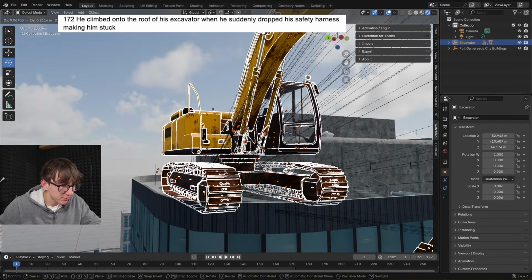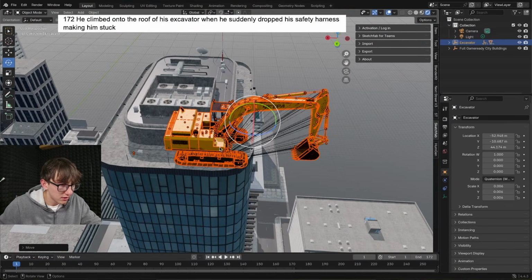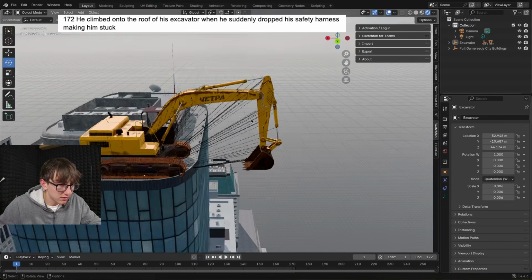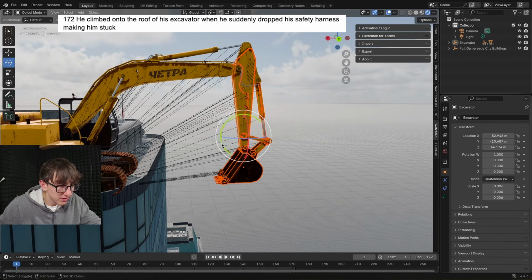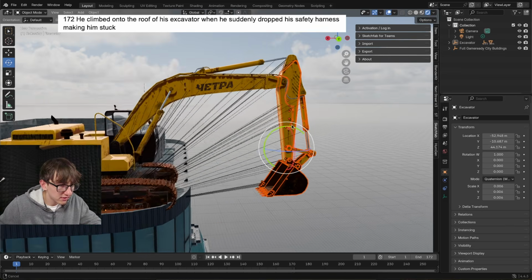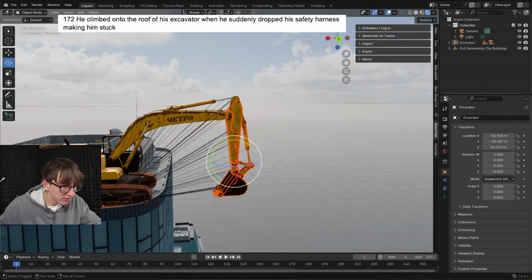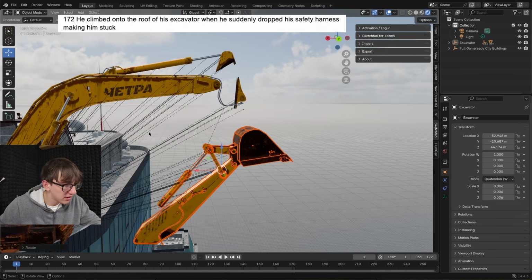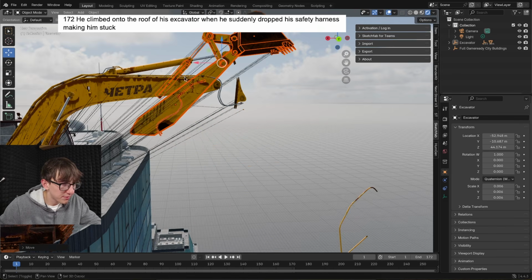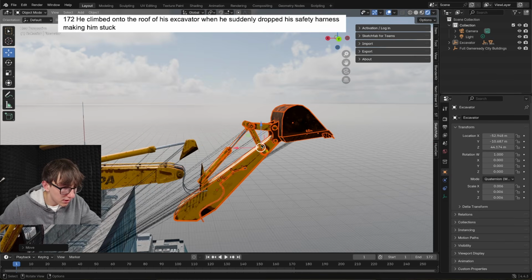I'm gonna move this up. All right, I'm gonna drag my cursor over only the front of this, and I'm just gonna make sure that I have all of the front side selected. Then I'm gonna rotate it, move it up, and then